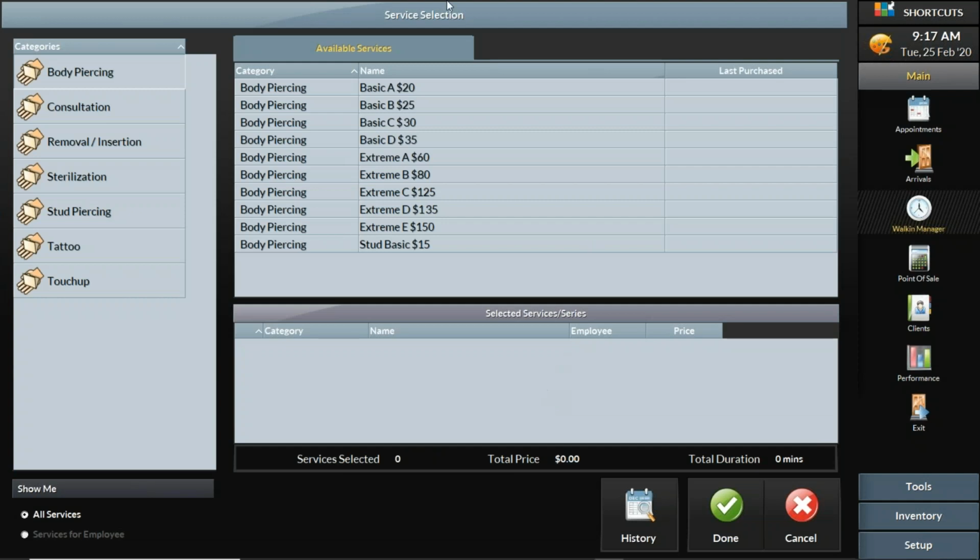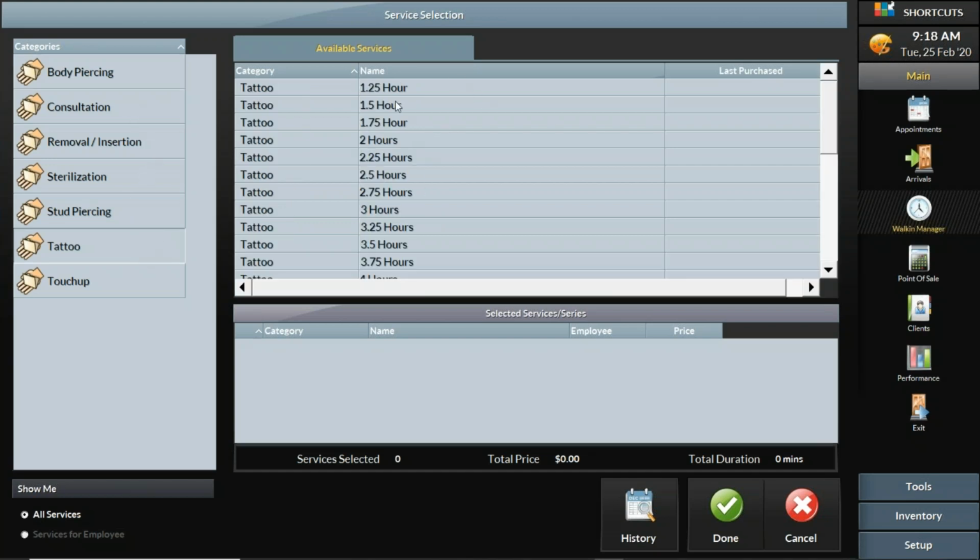And then Shortcuts is going to say, okay, so what is this customer getting? Now, this database is not really for a barber shop. This database, the one I was most recently building, is actually for a tattoo shop. So you can guess that this is a very flexible system. So in this case, this person is going to get a tattoo, a 1.5 hour tattoo. So once I press done,